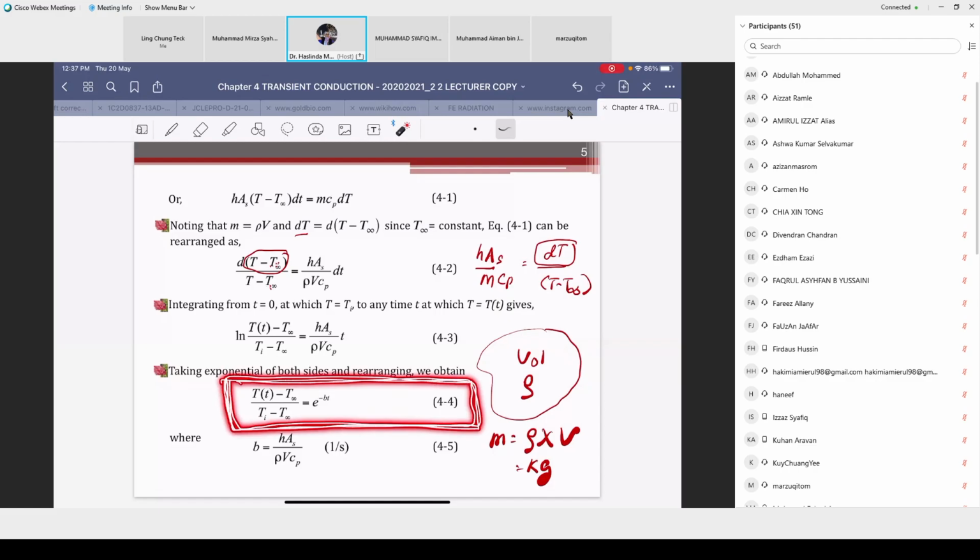Based on this equation, you can determine your T at any time, initial temperature, or surrounding temperature. And small b is a property, like a constant,